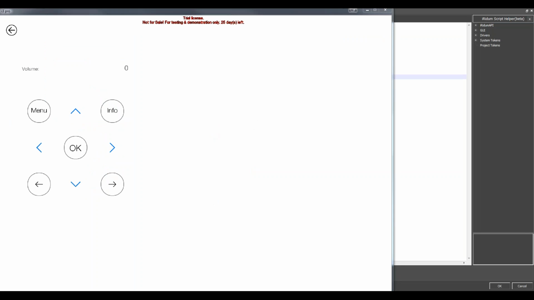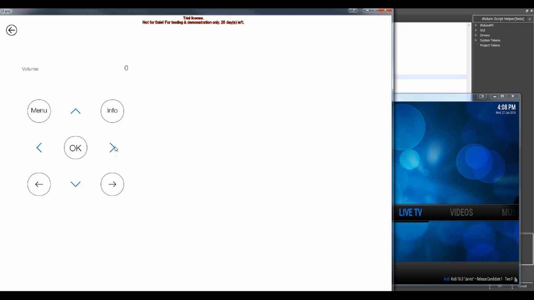I have a test on my computer with the licenses, so I created the system, but now everything is fine. As you can see, I press the right button and the iRidium sent the command to XBMC media server.